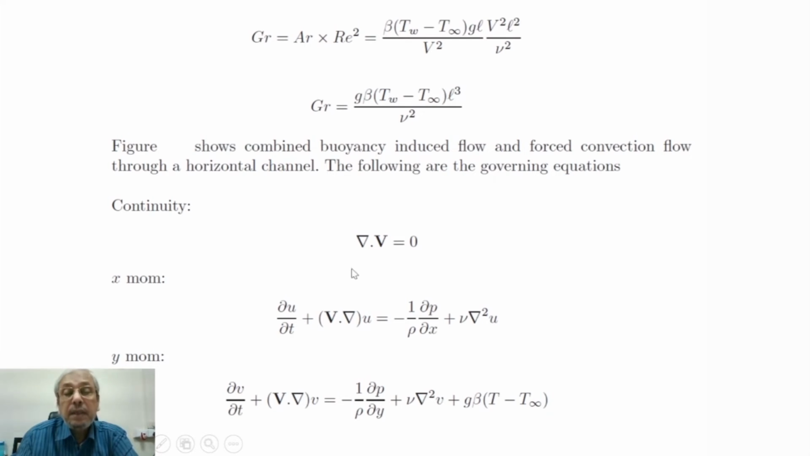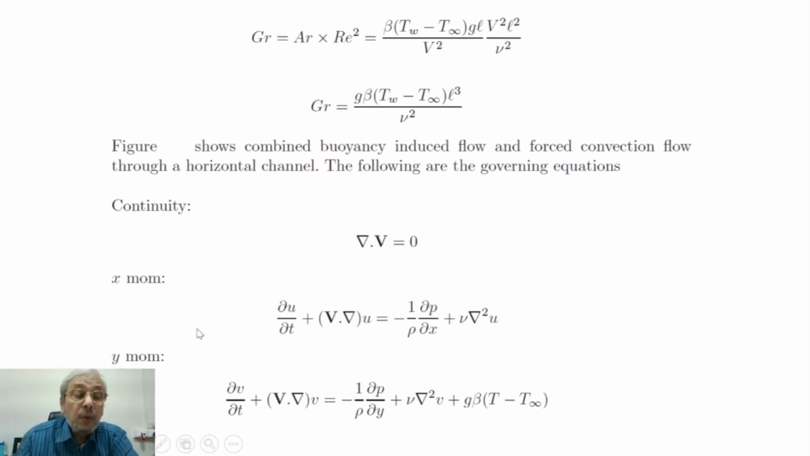We are considering a three-dimensional flow field. This V is a vector quantity equal to iU plus jv plus kW. Now the x momentum equation we can write as ∂u/∂t plus V dot grad u equal to minus 1 by rho ∂p/∂x plus nu